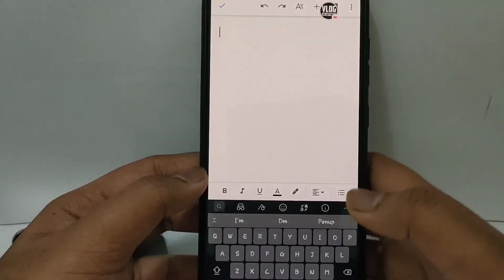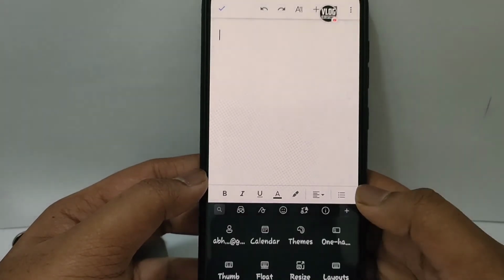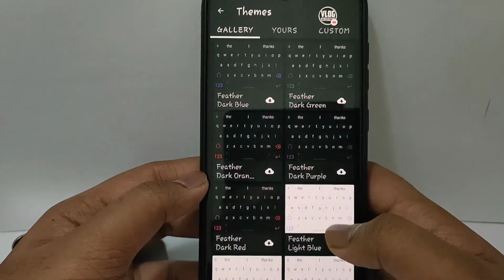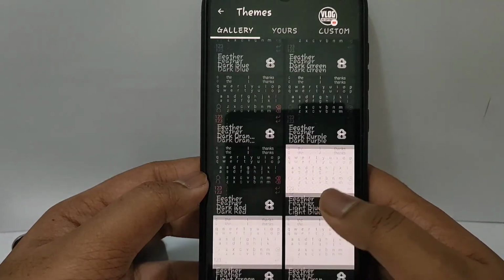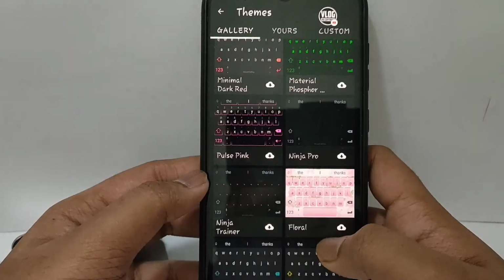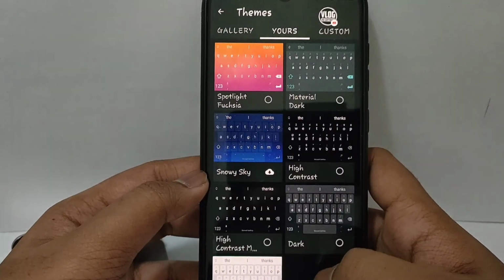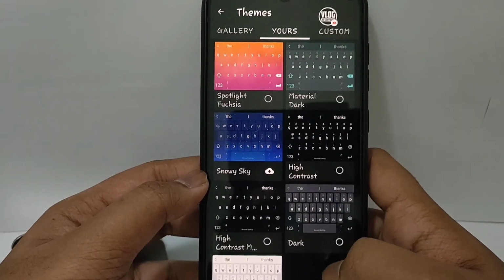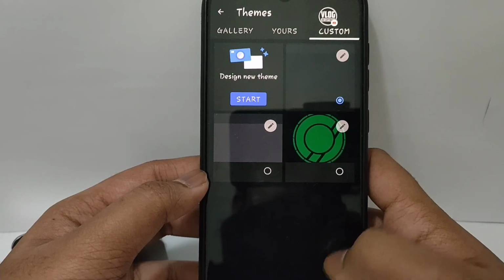Suppose you're interested in the theming of the keyboard, the Google Keyboard allows you to customize it up to a limit, like you are able to put a wallpaper on it, but that's it. But in the Microsoft keyboard, you are able to get and download a wide variety of keyboards. You are able to get what I like to call modded keyboards, and you are even given pre-downloaded keyboards which are dark, light, high contrast and high contrast medium. Then lastly, you are even able to set a wallpaper.